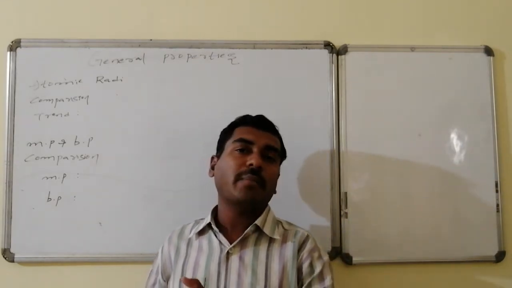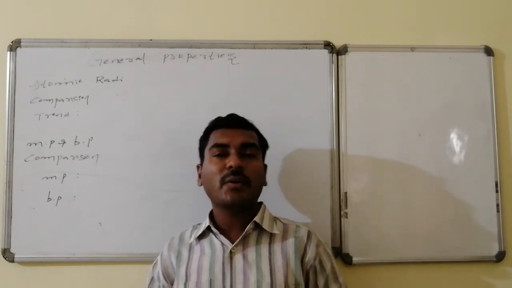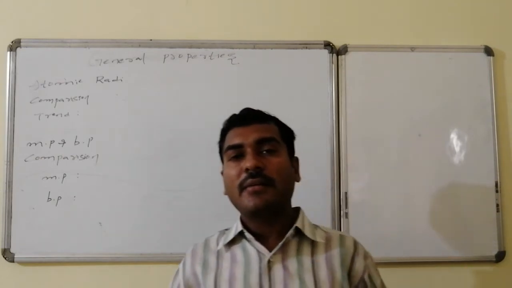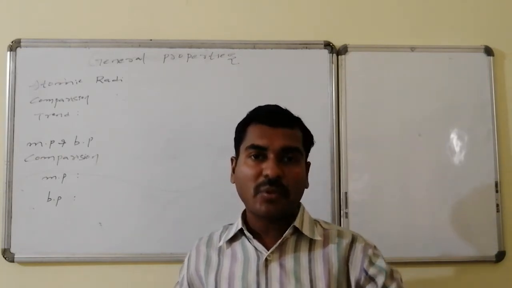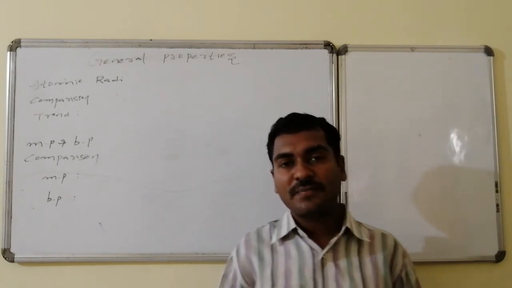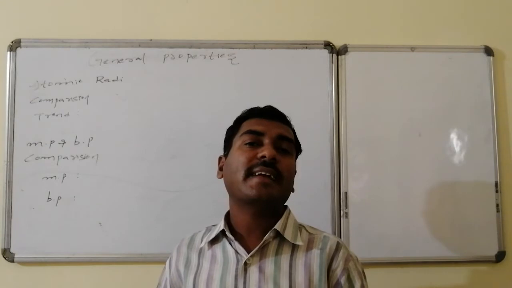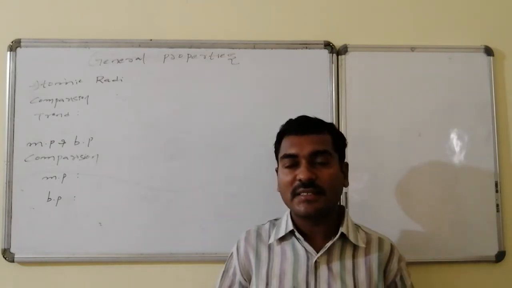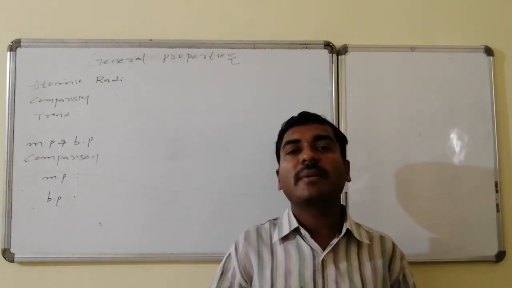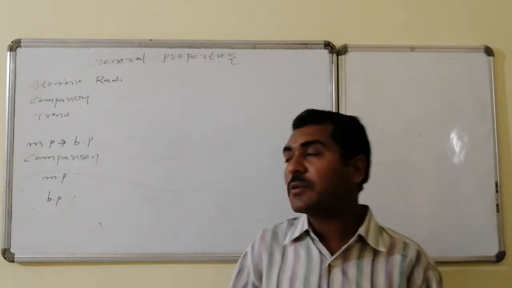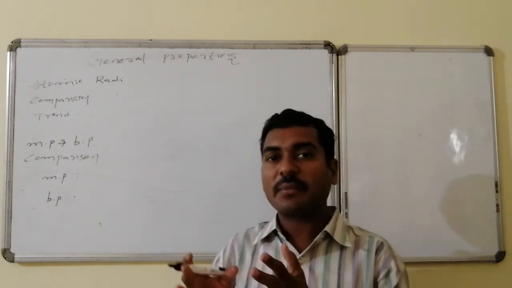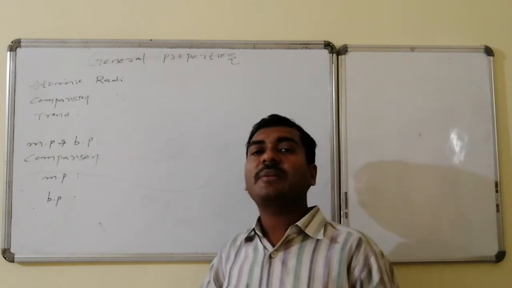Whereas on comparison with the third A group elements, here the carbon family is maintaining lower atomic radii because the number of protons increases, the incremental number of electrons enters into the same orbit. So therefore the nucleus attraction over the last orbit increases, that is Z effective increases. Due to increment of this Z effective, atomic size is little compared to the third A group elements, that is, compared to the corresponding elements of the third A group, the fourth A group elements are having lower